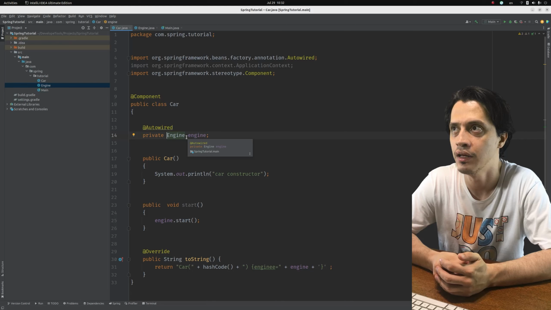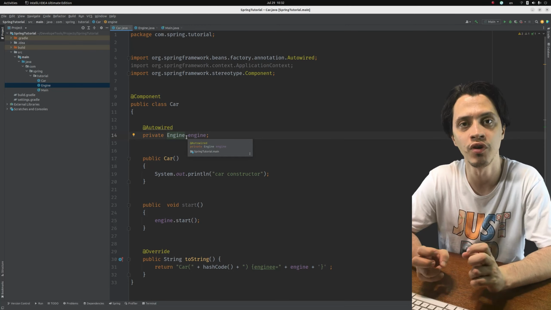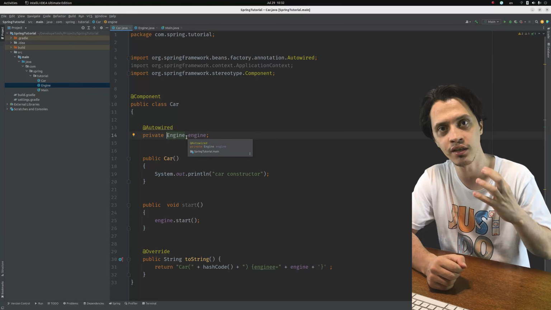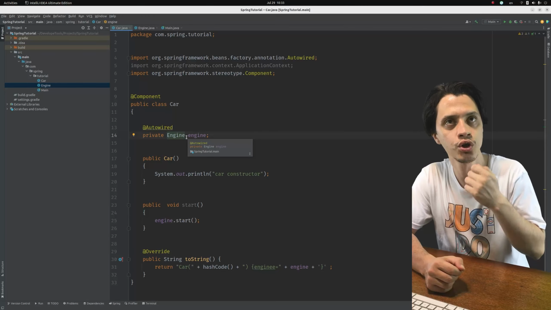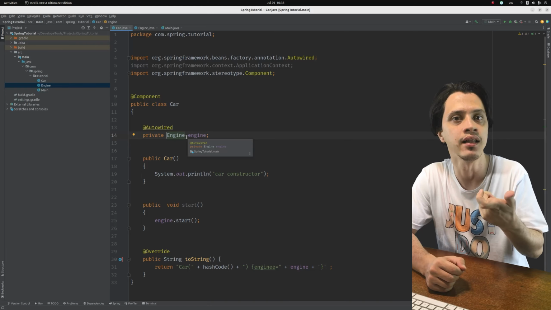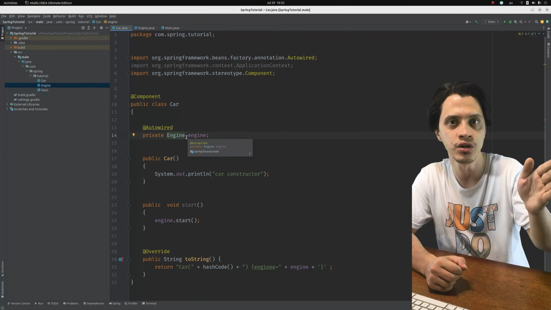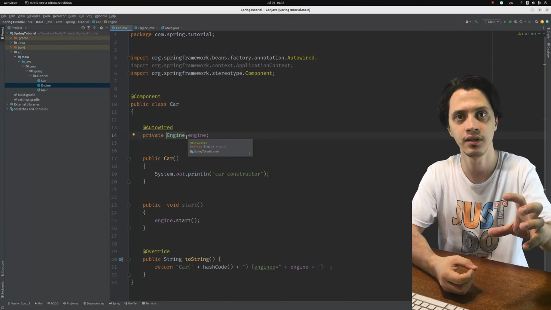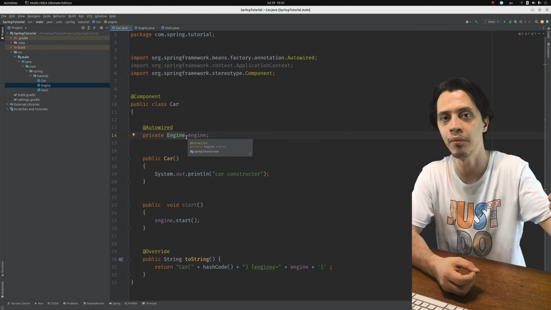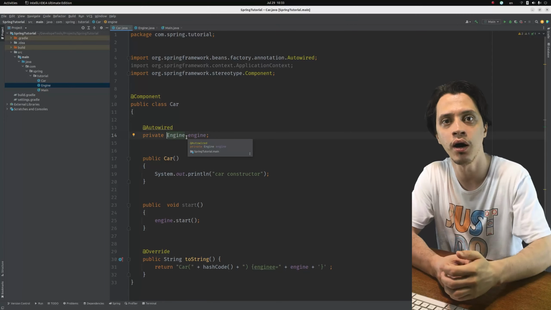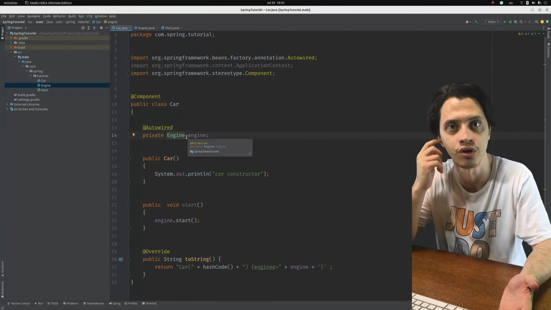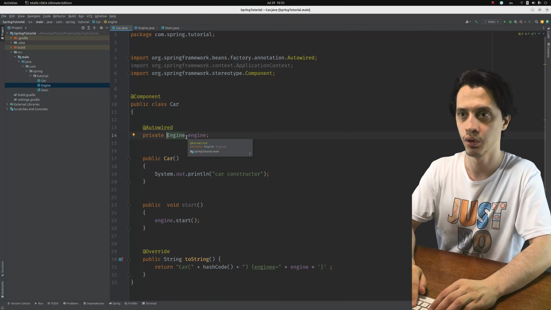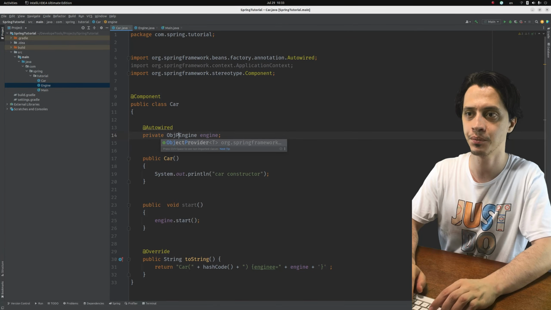But here we could wrap it in the ObjectProvider interface and tell it that instead of injecting the real instance, we want you to inject a handle to the bean definition. So each time I call this handle and ask for an object, it will call the application context on our behalf and get a new object if the scope is prototype, or get the same object if the scope is singleton. So by wrapping it in ObjectProvider